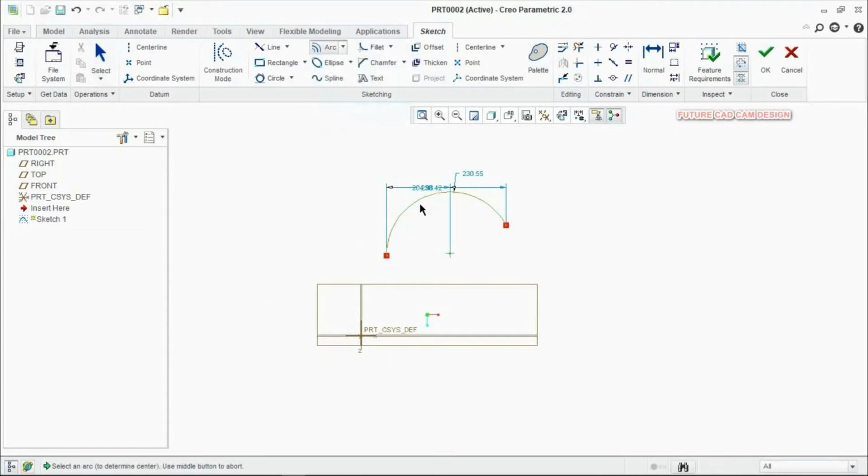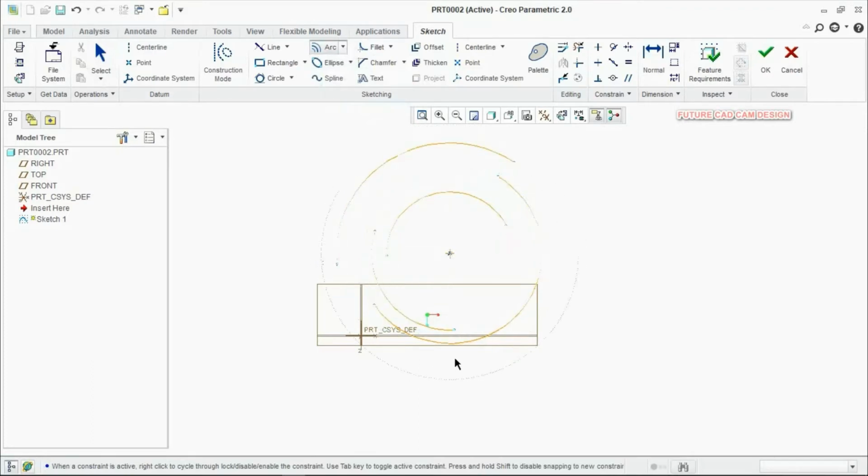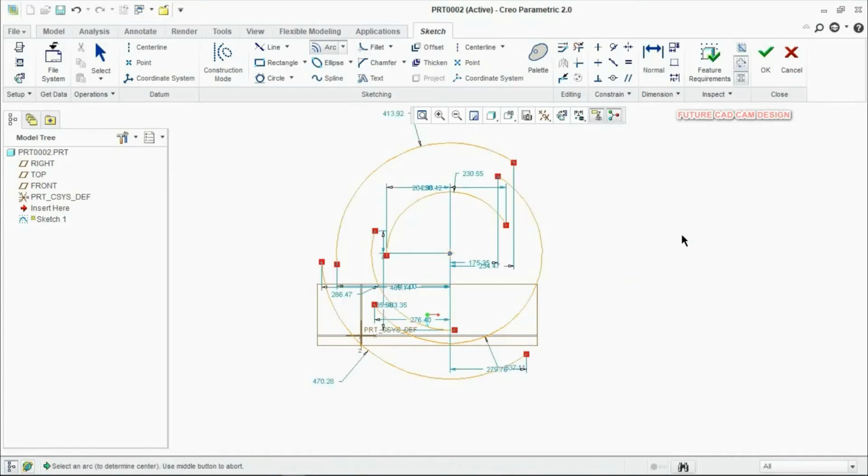Directly click concentric, click on the first arc, drag your cursor and create. You can create n number of concentric arcs. So this is the way to create the concentric arc.